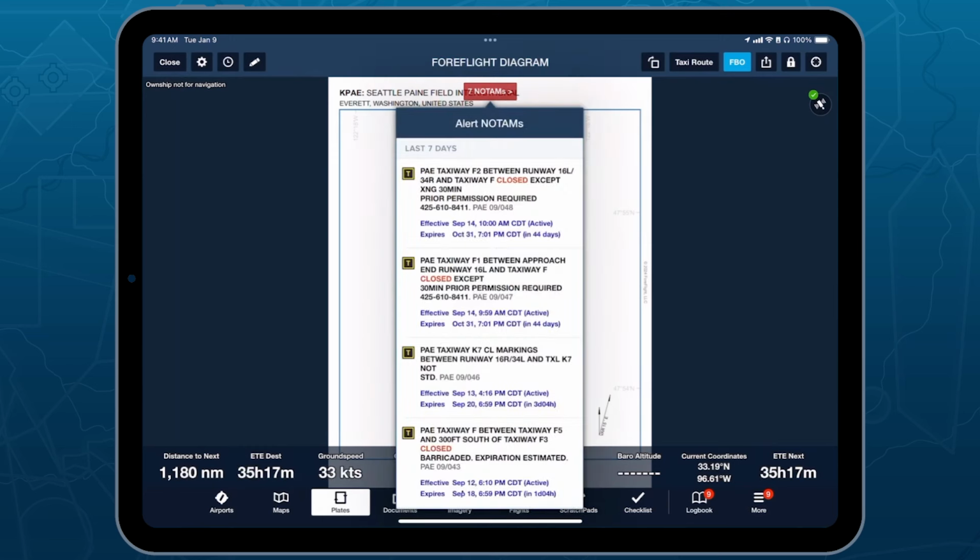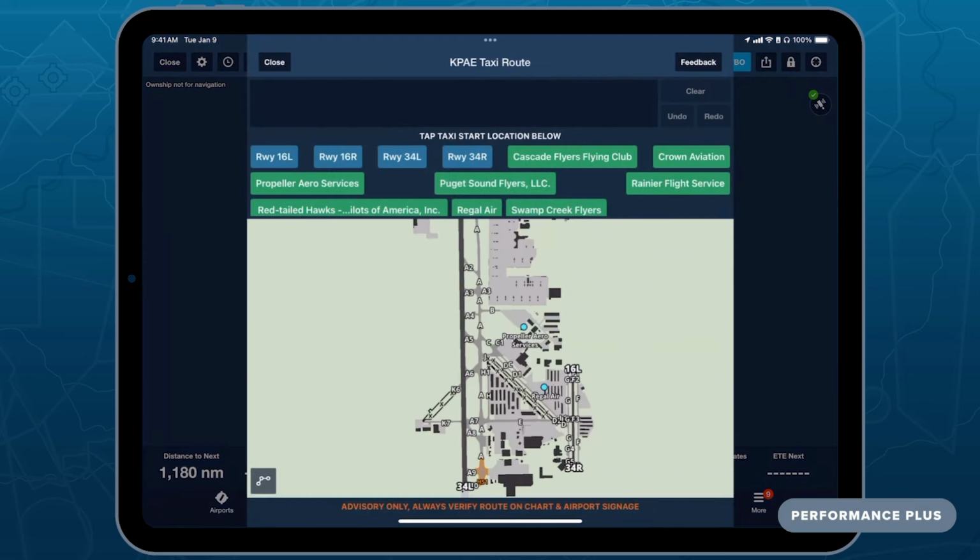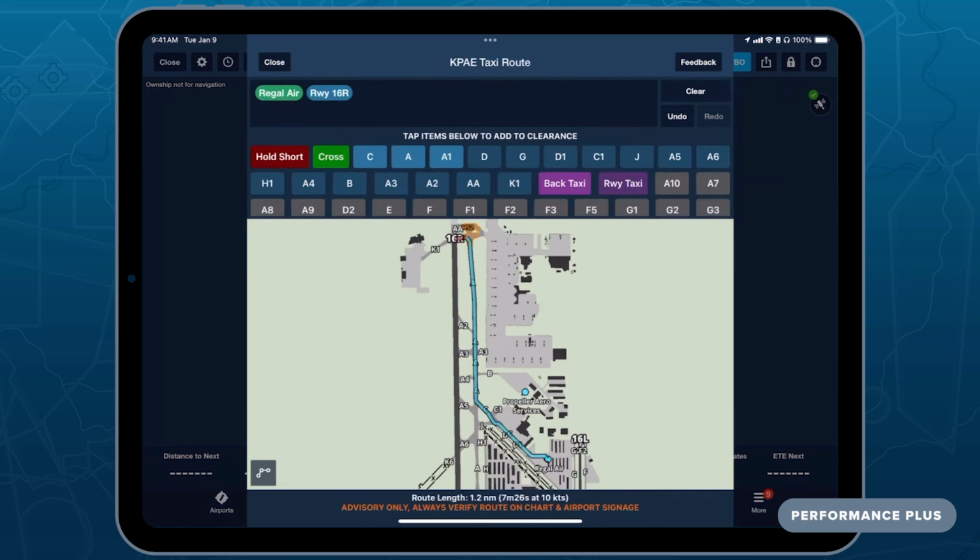But I can also do something that would be super helpful if I'm flying into or out of an airport that might be unfamiliar, or I need to know what's the current status for my taxi route. ForeFlight has this great tool called a taxi route tool. Now, depending on where you're headed and where you want to start, you can click into this and say, hey, I want to be flying at Regal Air, and we're going to head for 16 right. And now we see that ForeFlight will give me a predicted taxi route. And then when I get the readback and instructions from the ground, I can click in to any